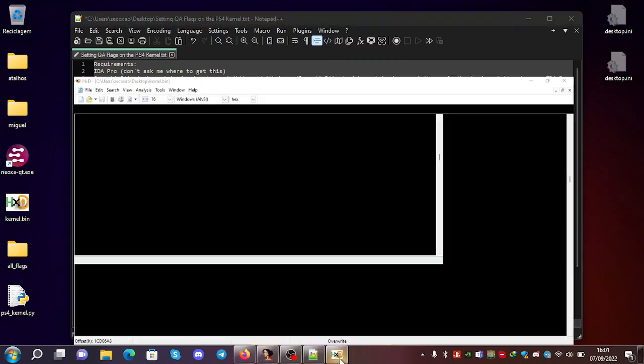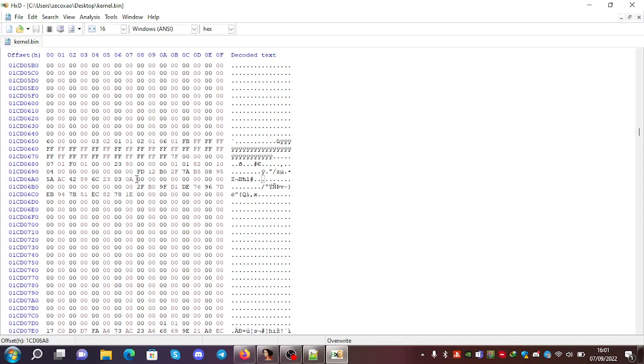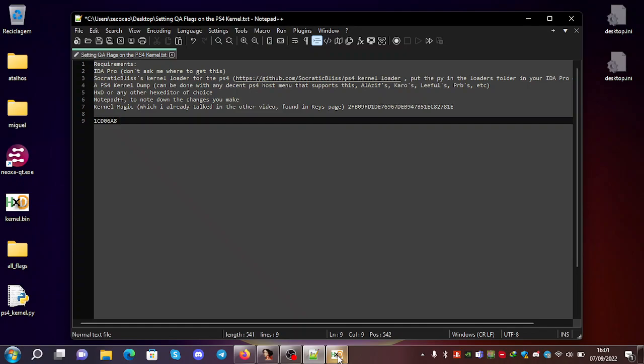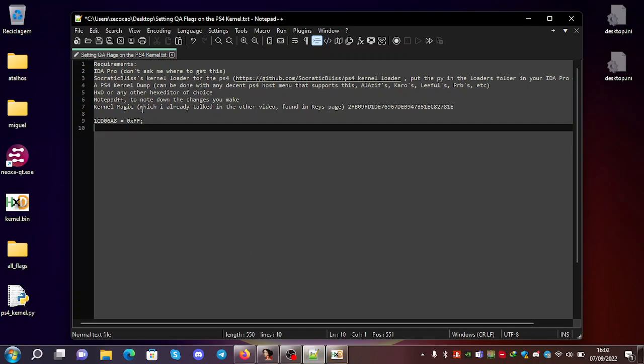So what I thought about in the other tutorial was to set all these values to FF, so it can set automatically. So you can just do this equals FF, then you continue